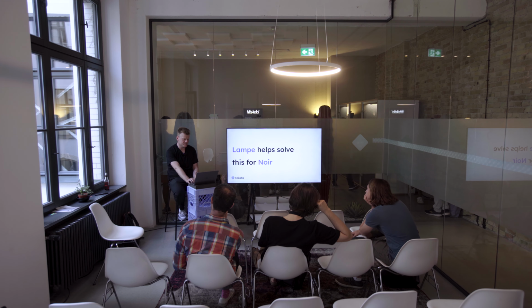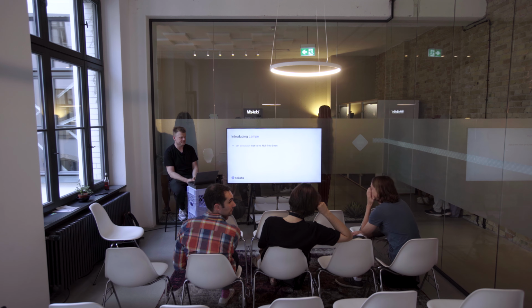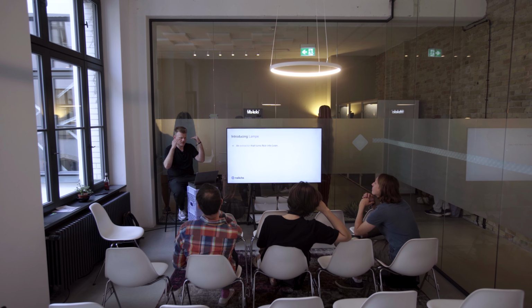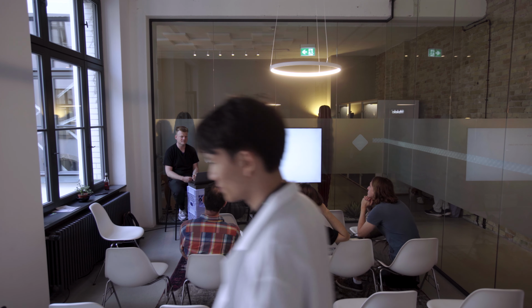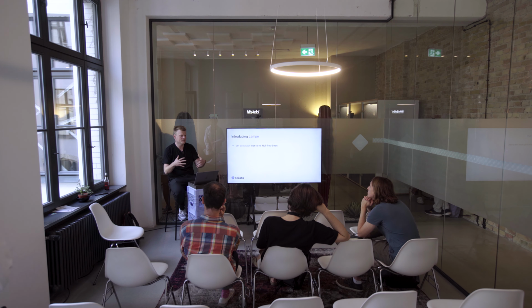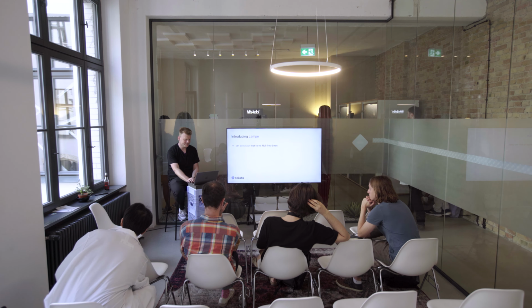So yeah, Lampe is an attempt at solving this for Noir. And as part of that, we've built an extractor that turns Noir code into Lean code. And this is happening at the highest possible level, essentially. So the extracted Lean code, I will show you later, looks line by line exactly like the Noir code that you've written. You can look at the definitions side by side. They are very similar. We are using and abusing Lean's metaprogramming facilities to actually equip Lean with some syntactic sugar that looks exactly like Noir.